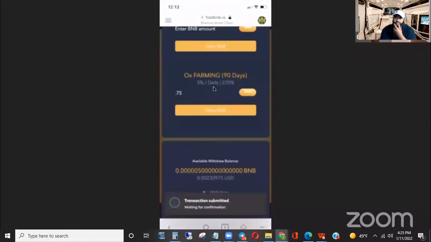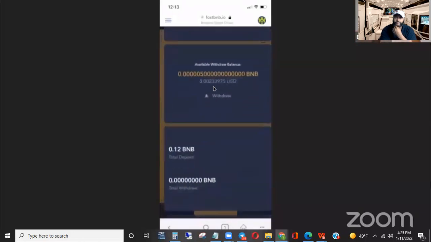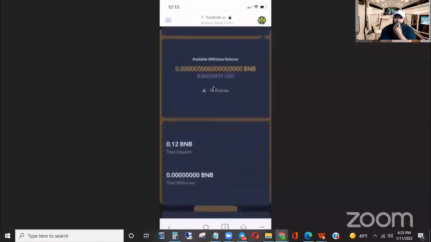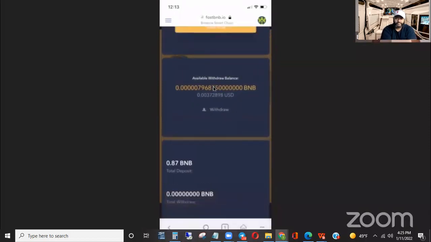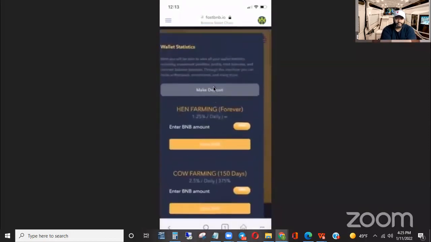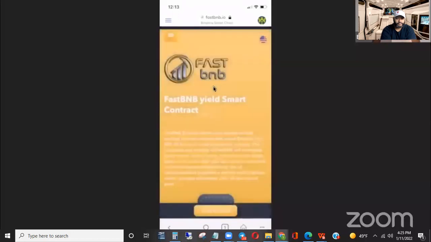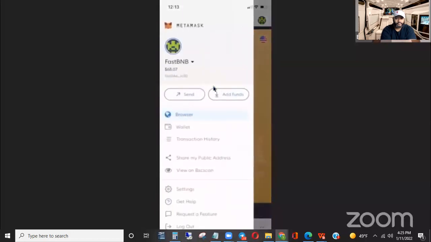And now the person, they're connected to you. You know that you see them in your back office under referrals. And now it's going to increase the total deposit of that person, which you will see. You're going to get a 6% fast start on this because you're the one that's enrolling them. Every time they refarm or make another contract, you get 6%. And then this withdrawal button is just going to get higher and higher. So that is the really cool part about this.